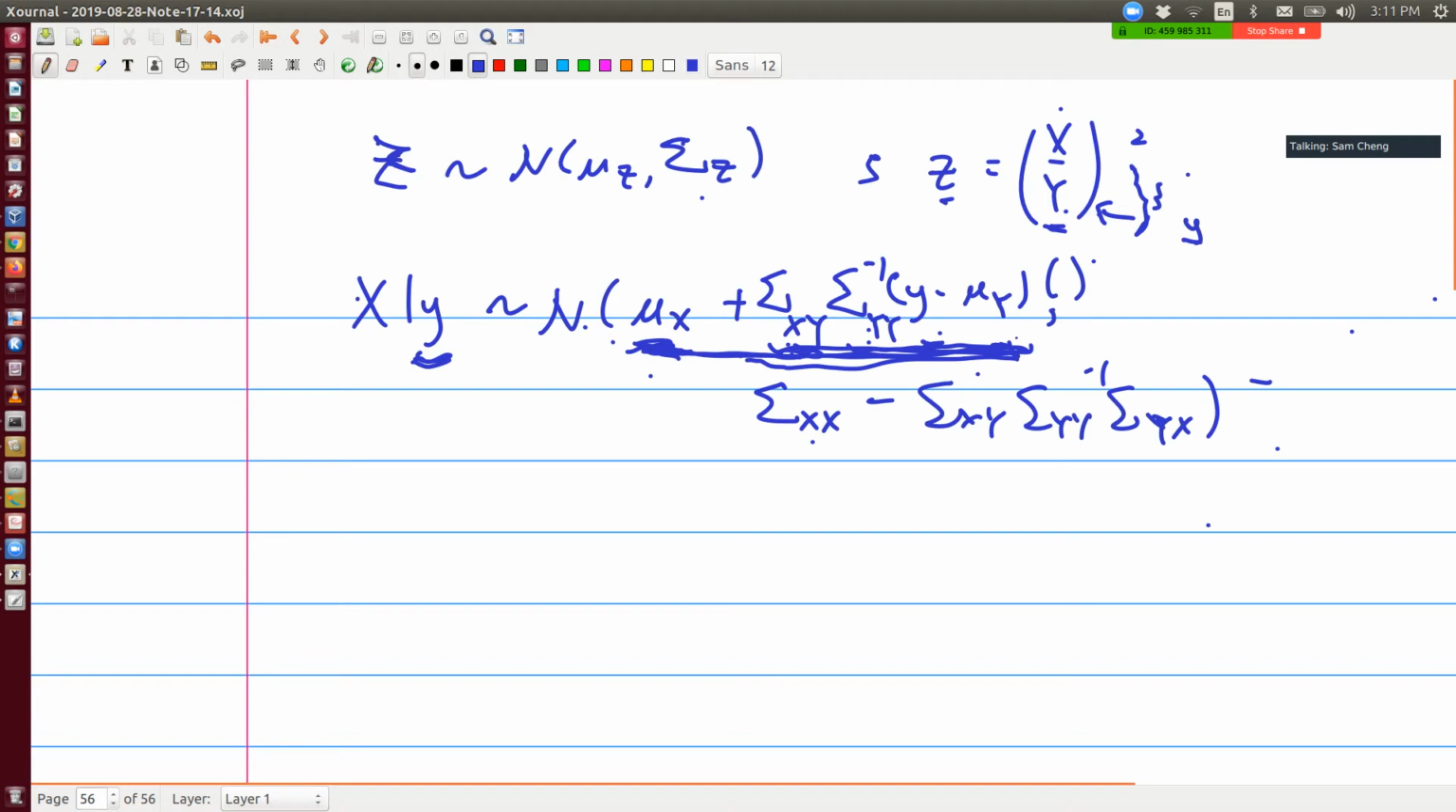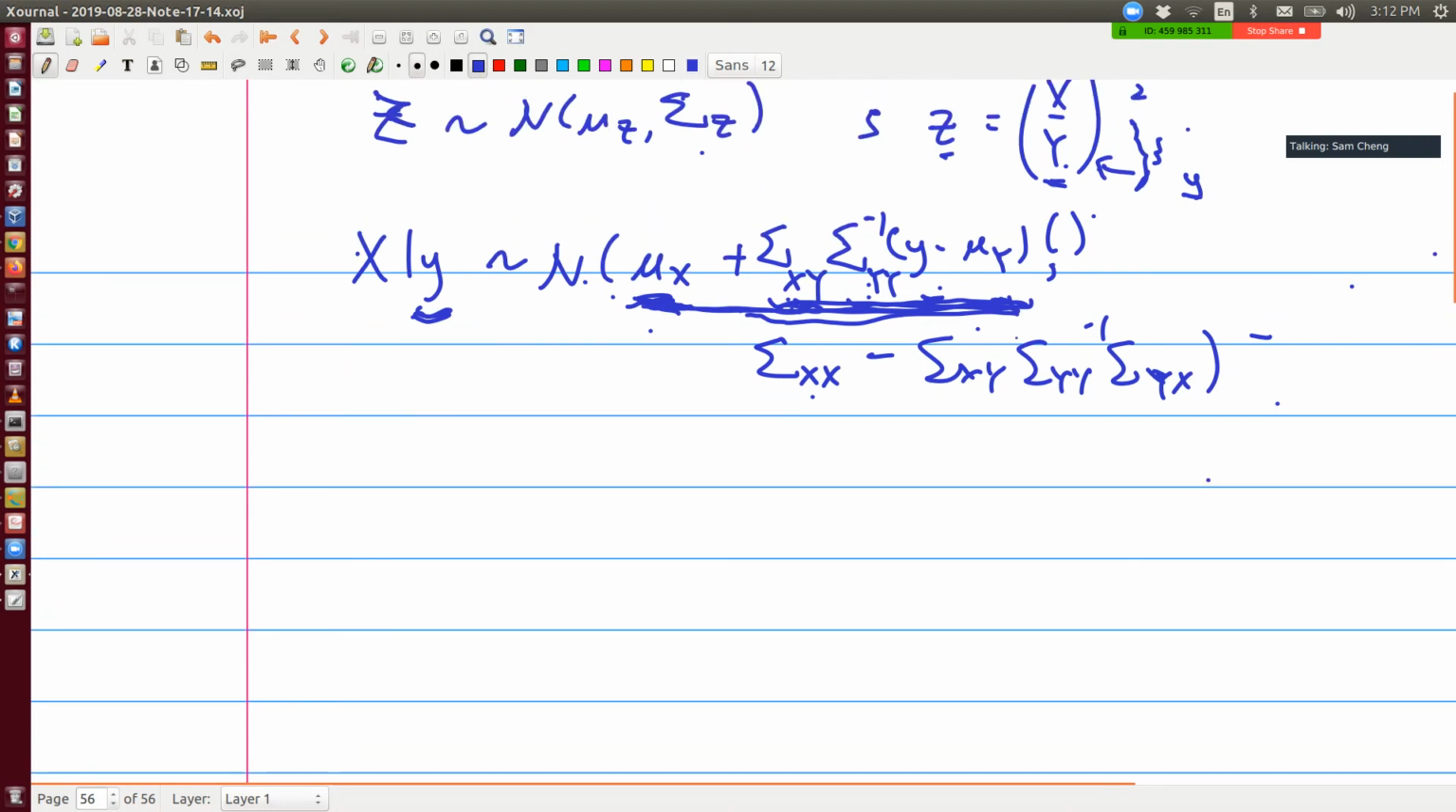And from this we can show a lemma. Before that, let me define something called rho xy. This is just a number. Let's say x and y now are just scalar random variables. So rho xy is the correlation coefficient, which is equal to basically the variance